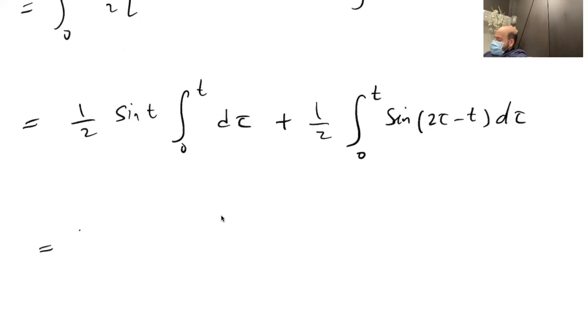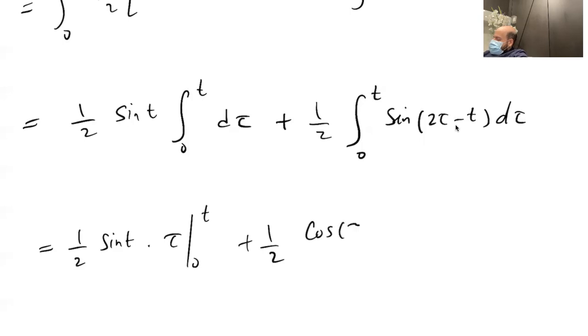So then this will be 1/2 sine t, and then integration d tau is tau, which I need to compute between 0 and t, and that will be t. So this will be tau between 0 and t plus 1/2. What will be the antiderivative of sine 2 tau minus t? Antiderivative with respect to tau. Integration is over tau. So I need to multiply this with cos 2 tau minus t